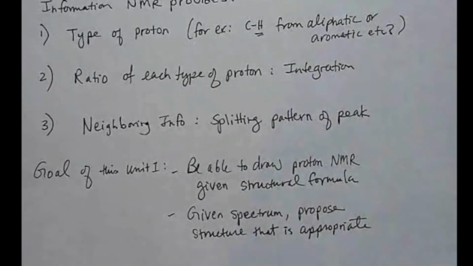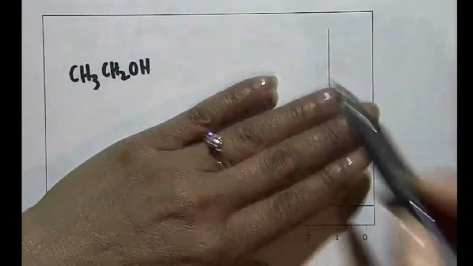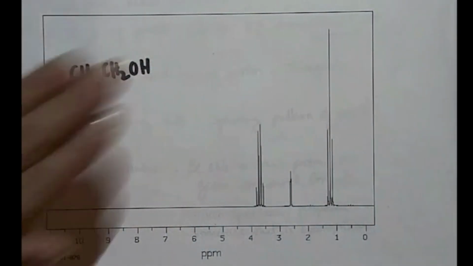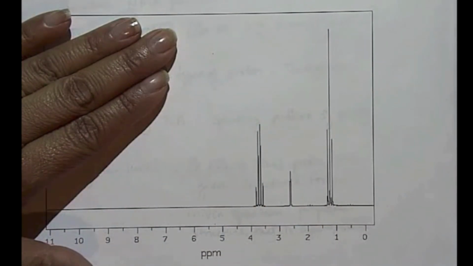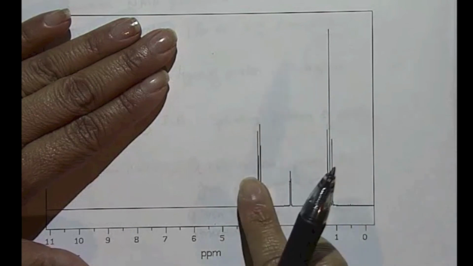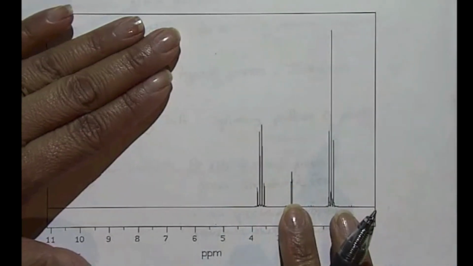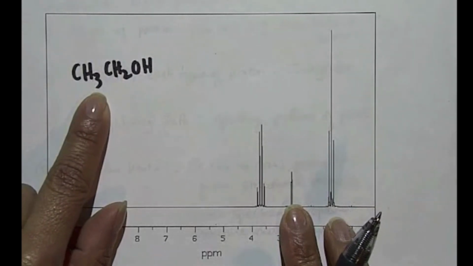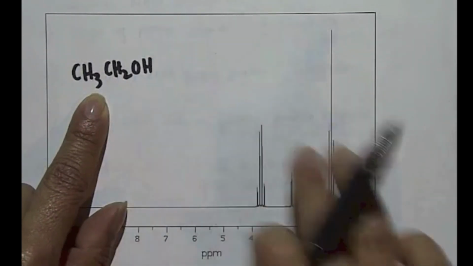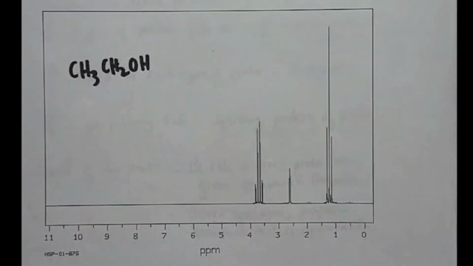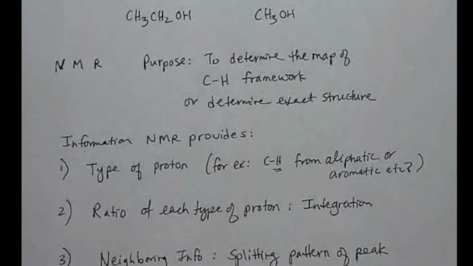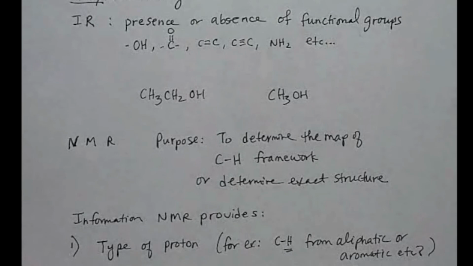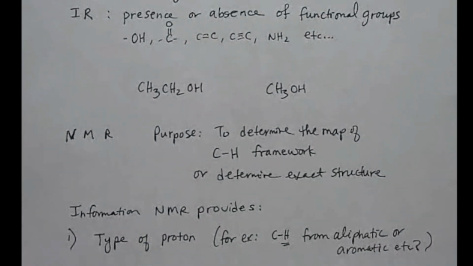That means that if I gave you this structural formula, I expect you to be able to draw this. Now, if I gave you this spectrum and didn't tell you what the structural formula was, then by analyzing this NMR spectrum, I expect you to be able to come up with a structural formula that corresponds with the spectrum. So that's your goal by the end of this unit. And so this concludes NMR lecture 1, the introduction, and the next one will